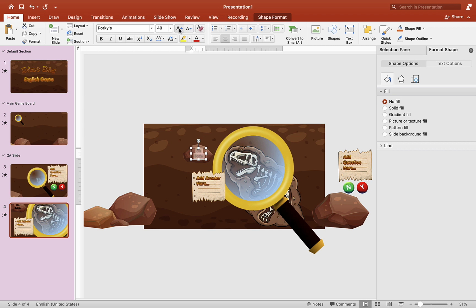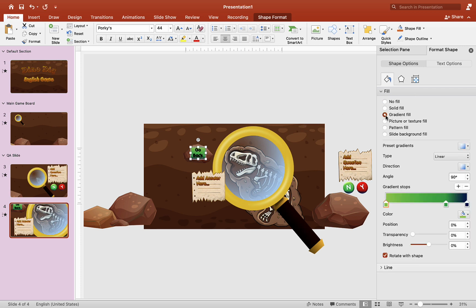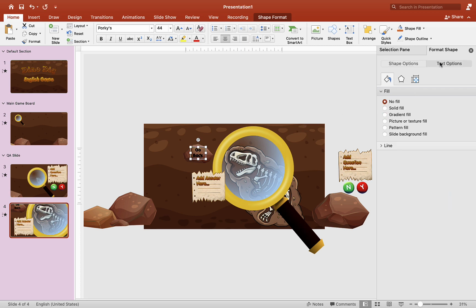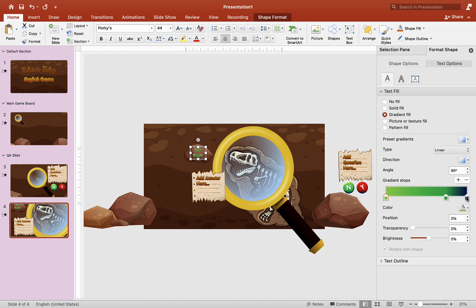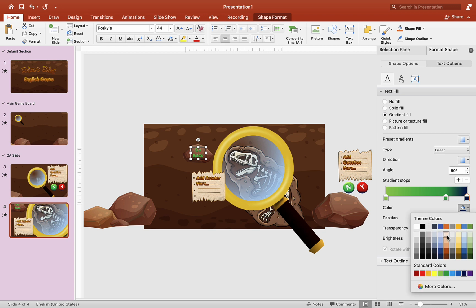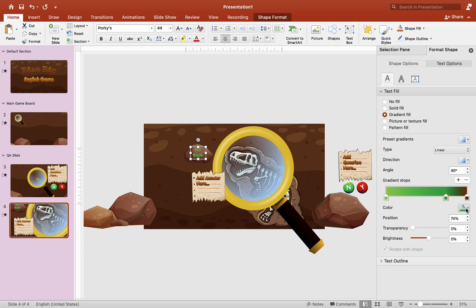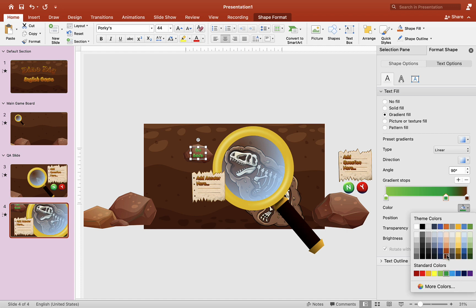All right, and we can also put a gradient fill on this text as well. So go ahead and do that. Click on text option first, and then click on gradient fill. And now we can go from dark to light. So dark brown, maybe this one, light brown, and then maybe we will choose yellow after that,